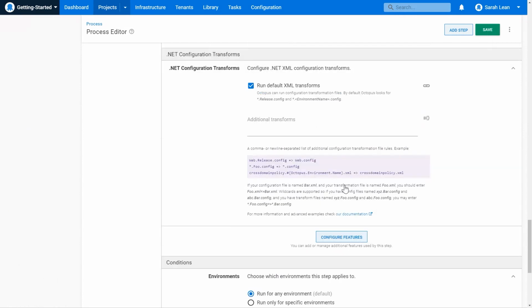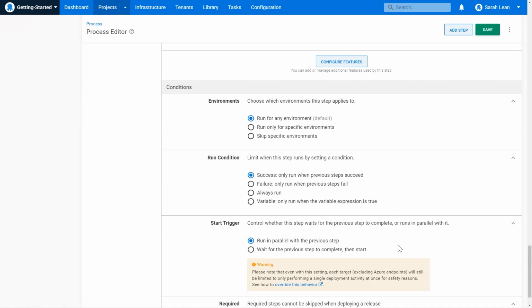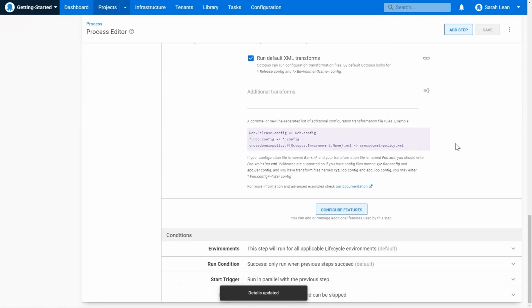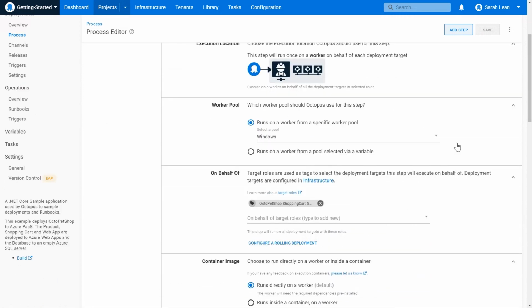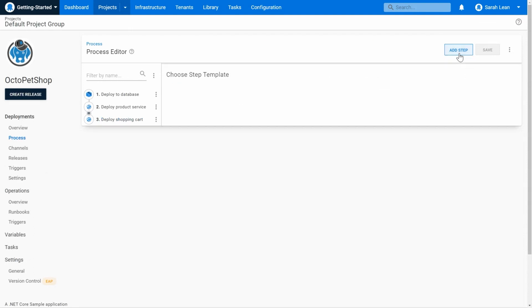What we're also going to change slightly in this step is to actually run it in parallel with the previous step. Configuring these web apps is a fairly trivial task for Octopus, so we can securely run these two steps together so that it speeds up the deployment. Obviously, if you're doing more complex configurations during your steps, you probably want to test whether running tasks or steps in parallel is necessary in your environment and actually worthwhile. For this case, it absolutely does make it worthwhile for us.